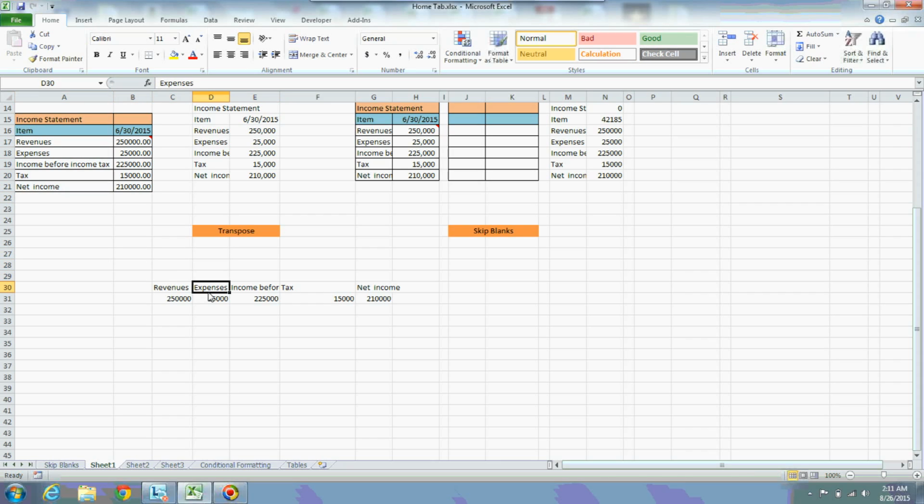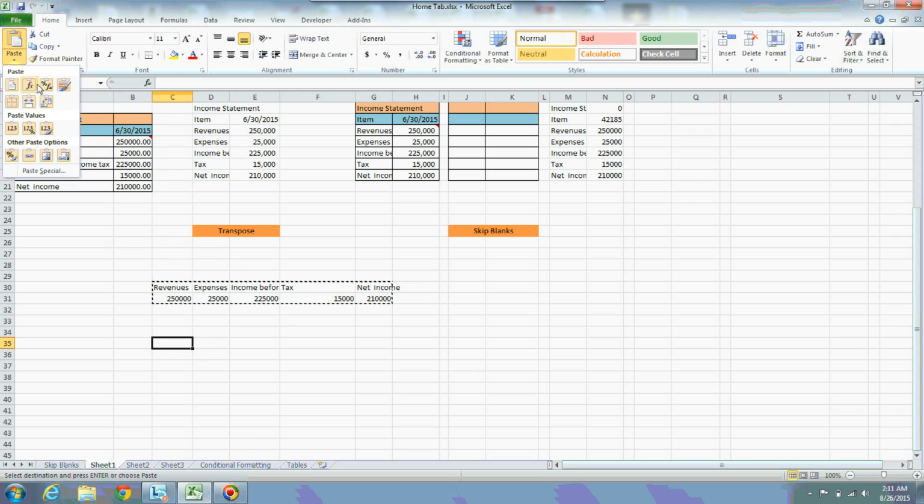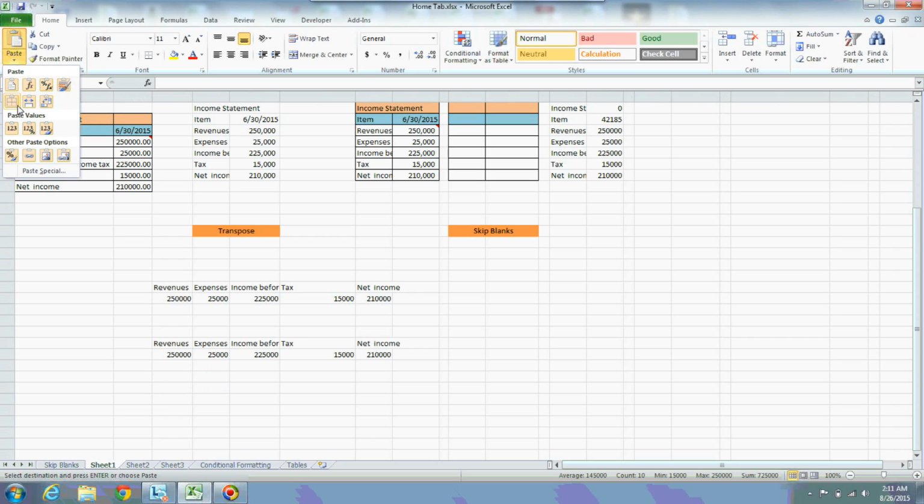Now how can I change this entire data from horizontal to vertical? Now let us see. Just select the data which you want to change from horizontal to vertical. So just select, I am using the Ctrl C option to copy the data. Now go to your destination. This is my destination. Now what I am going to do is use transpose. If you keep your cursor position on any of these options, it automatically changes. If you observe, it is changing. See, without borders.